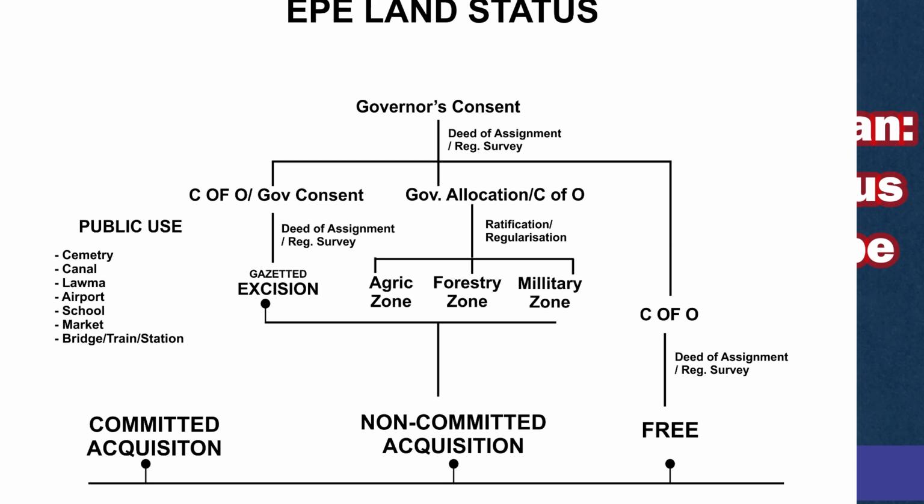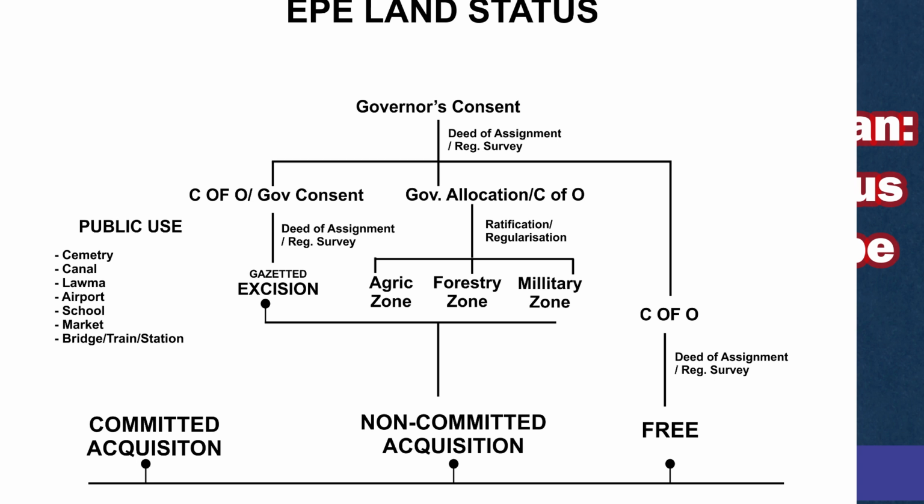4 million to 6 million in Epe, all inclusive. That is 100% free. No regularization, no ratification needed. 100% free. All right, so now that you have understood the Epe land status, so when you want to buy